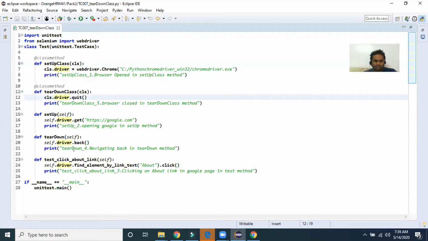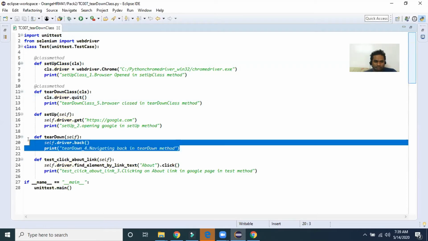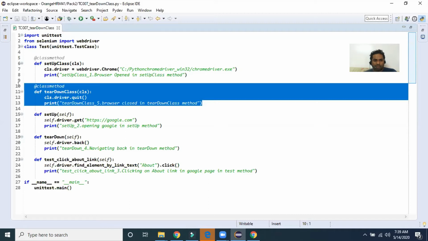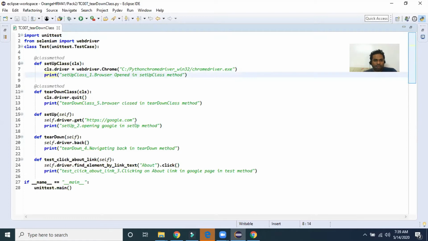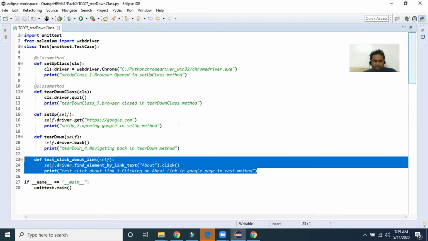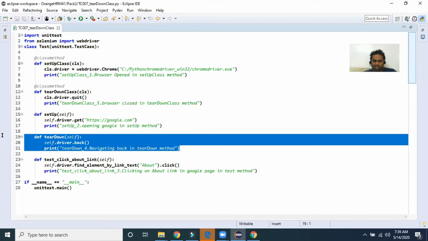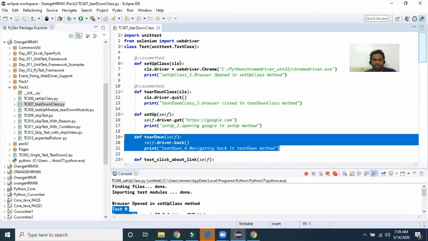Because you are using the @classmethod decorator and the name tearDownClass, it will be executed at the class level; class methods are global. As usual, for every test the setup method will be executed, and the tear down method will be executed once after the test. Let's see the program execution, and finally our class method tearDownClass will be executed. Now let's run this program and we will see.